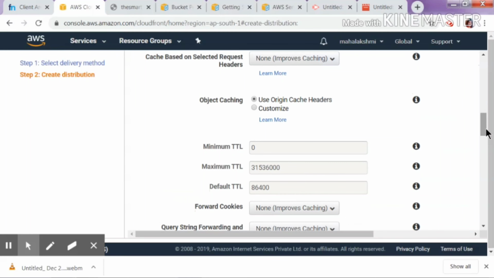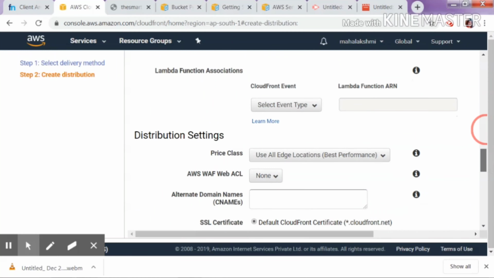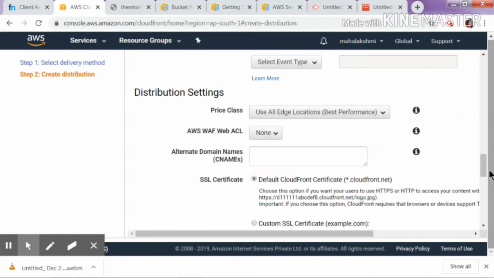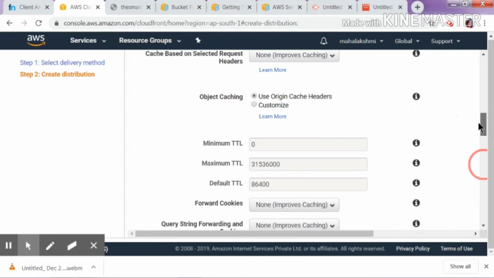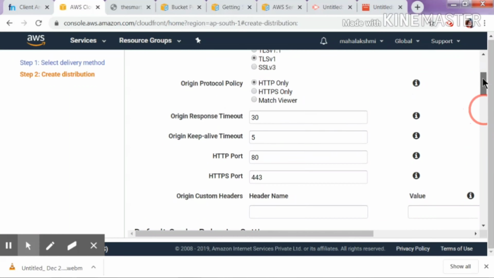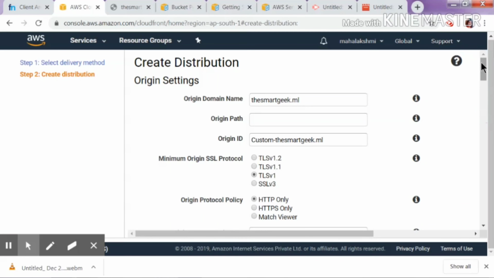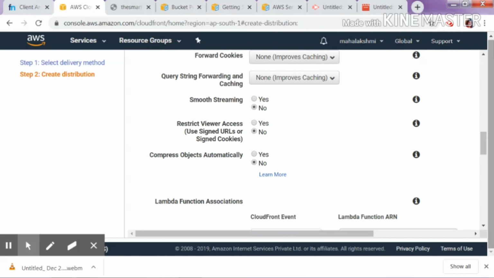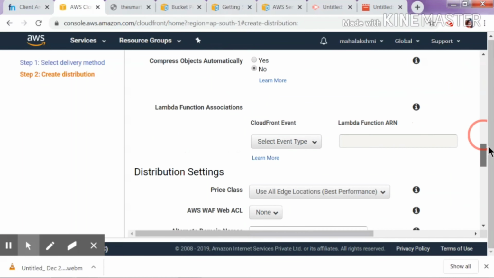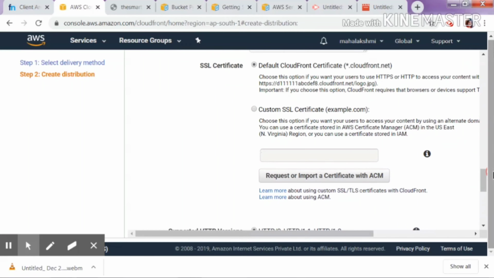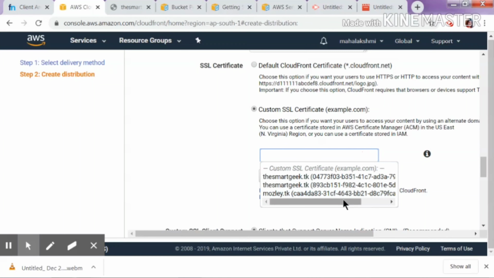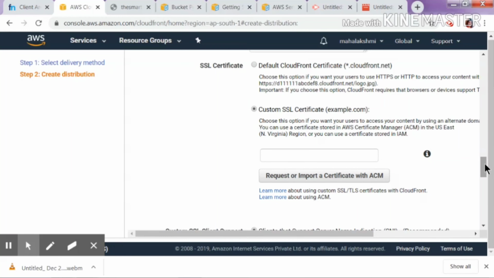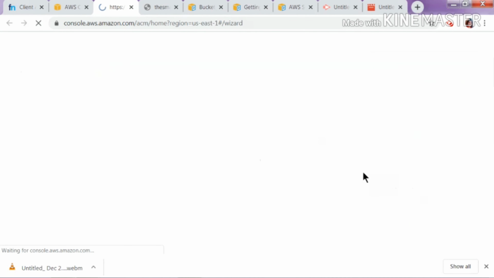In the distribution, scroll down to the bottom and you need to create an SSL certificate for your CloudFront distribution. Instead of clicking the default, leave everything as default and click on the custom SSL certificate. And there is nothing available in the name of our domain because we have not yet created a certificate yet. Click on request or import a certificate,